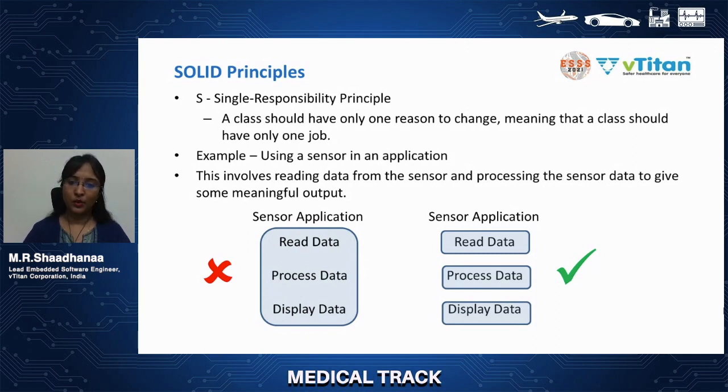And if all my code is in a single module, I'll have a very large instrumented file. And if I have a target which has very little memory capability, then I'll be in trouble. So in that case, if I have separate entities like this, it will be very helpful for us to proceed with testing. So these are some of the benefits of using SOLID principles. Not only the SRP principle, but these benefits are applicable to all the SOLID principles.